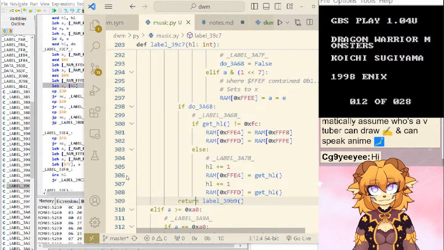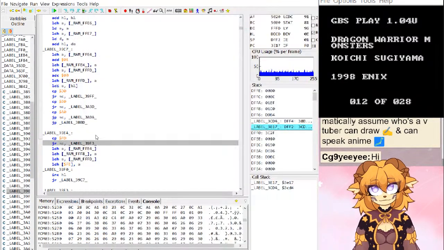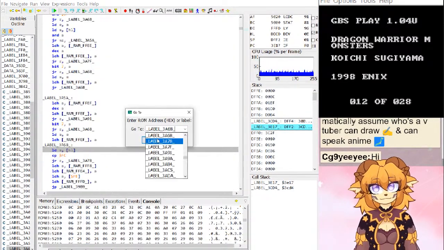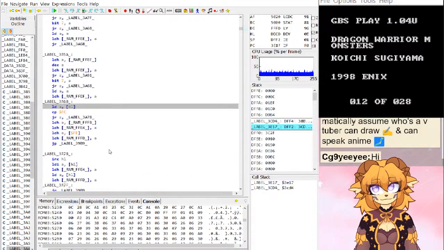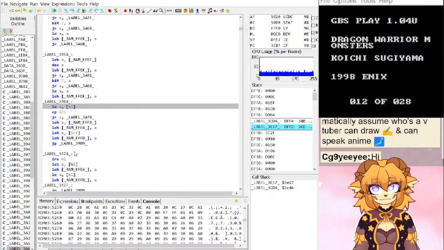I don't know. There must be something else here. The increments that I'm missing, because this is not going to work well otherwise. No load increment that I'm missing. No straight increment.